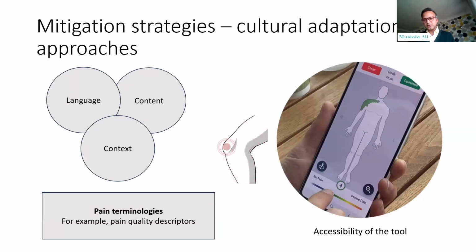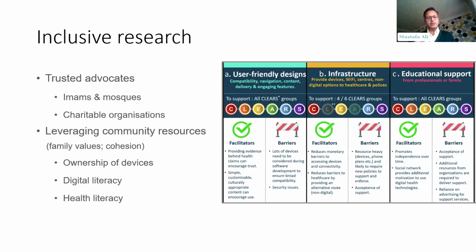Next slide, please. We need to think more about inclusive research. We have been doing some work on this, like having translated versions. But like I said before, if we are not addressing the issue of trust, then other efforts might not be as useful as we are thinking at the moment.